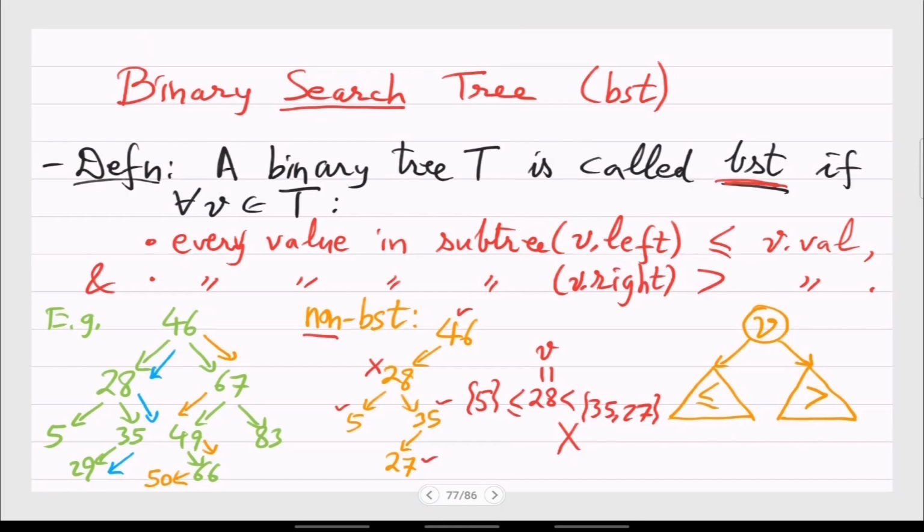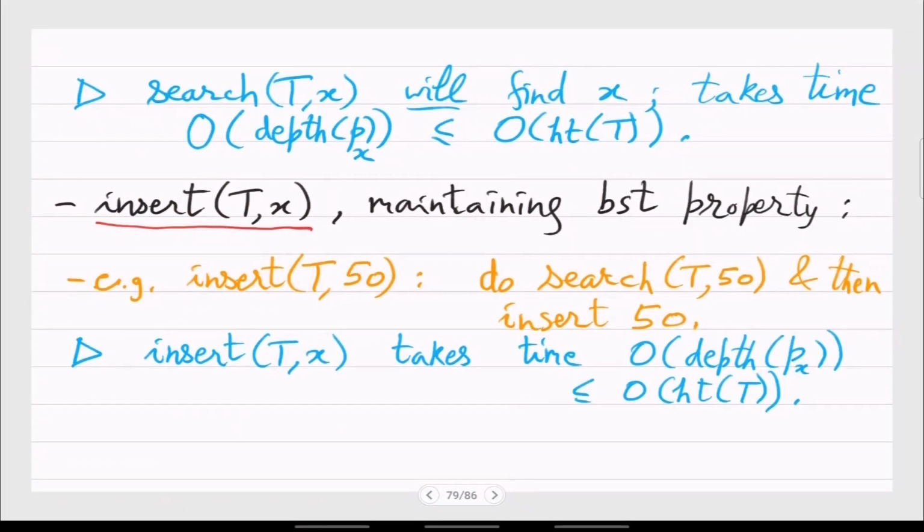If you want to insert X, then you should try to search X. You will not find it, and wherever you stop, there you insert X. So both these operations are order height. In fact, you will take exactly as many steps as the depth of this node X.